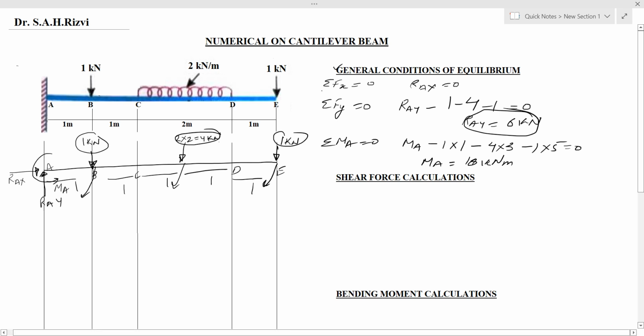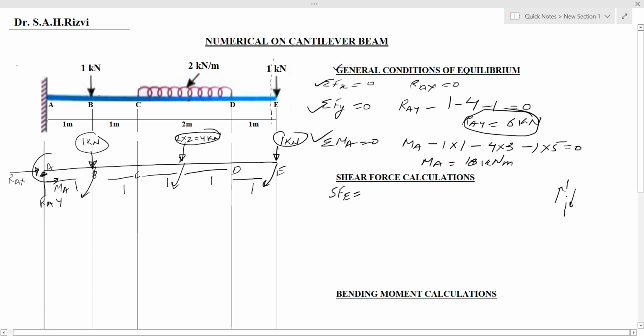So we have found out the value of all the three reactions that are acting at the fixed end of the beam. Now we will start the calculation for shear force. We will start it from free end, that is point E. We will cut a section just near to point E like this, and we can see that from the sign convention of shear force, when we cut the section,